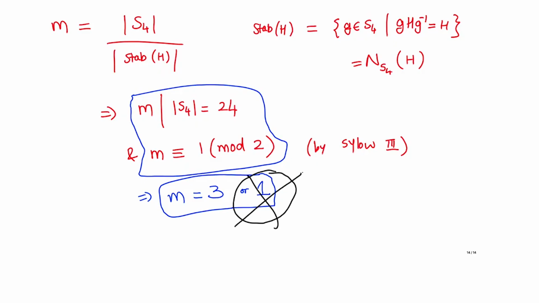So this is not possible, because H is known to be not normal. We just argued that H is not normal because it contains 2 transpositions but not the other 4. So that tells you that M is actually 3, that there are exactly 3 2 Sylow subgroups. They're all of course conjugates of each other, and all isomorphic to each other as a consequence. So they're all copies of the dihedral group, if you wish.